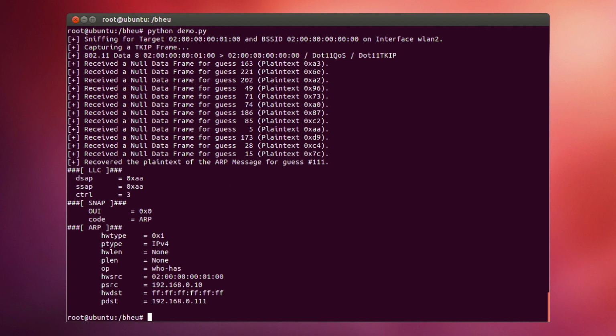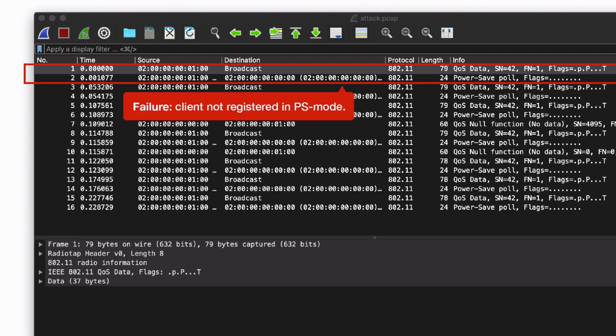So for each of the 12 bytes, we are trying to figure out what the plain text value is. We see that on average, we will make 128 guesses to get the right value. And this allows us to decrypt our message. As a result of doing this, we have some key stream, and we can inject some messages into the network, and so on. I added some screenshots, fortunately, about how this works.